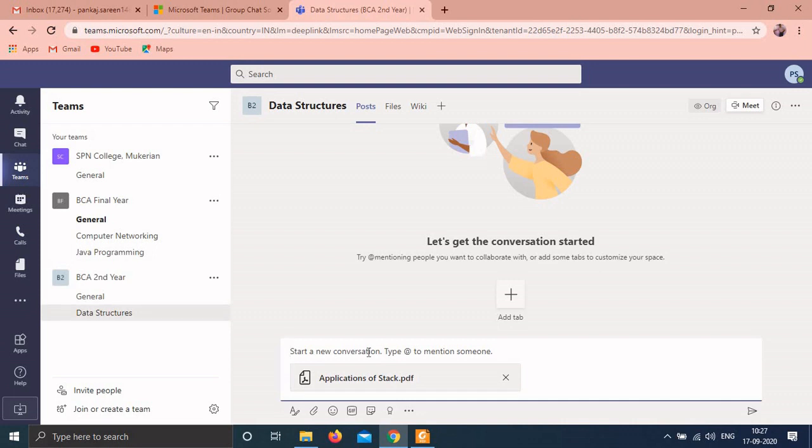You can start a new conversation. For example, hello students, here you will see the application of stacks, and then click on the send option.